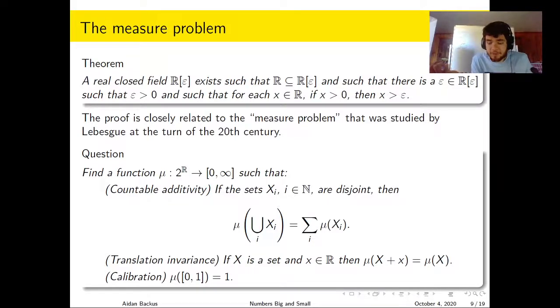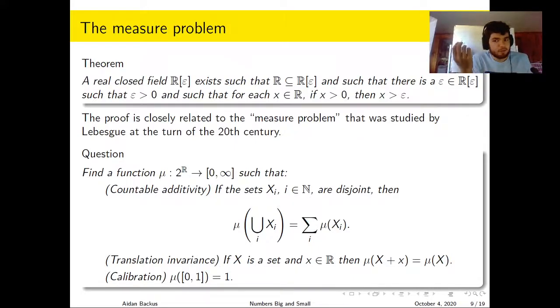But if you've taken real analysis, you know there's lots of functions that don't have Riemann integrals. For example, the rational numbers do not. If you take the function which is 1 on the rational numbers and 0 everywhere else, that thing does not have a Riemann integral. And that's a pretty standard exercise in real analysis. For this reason, this measure problem turns out to be quite hard.